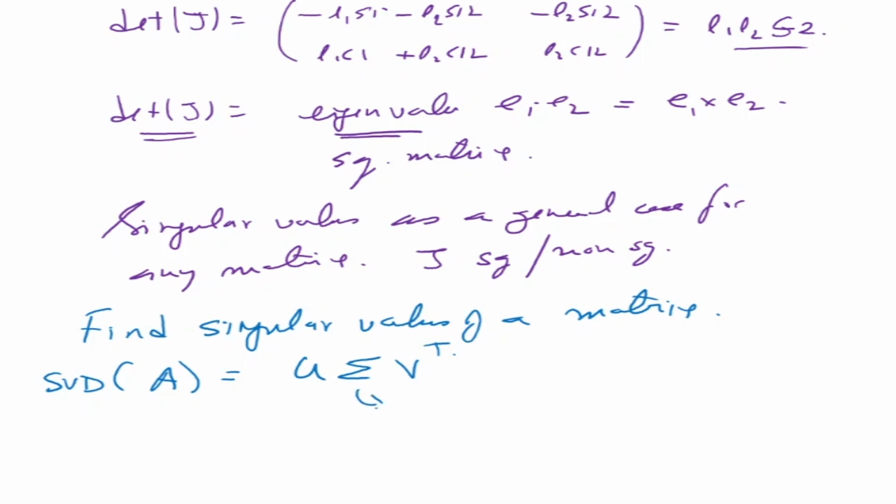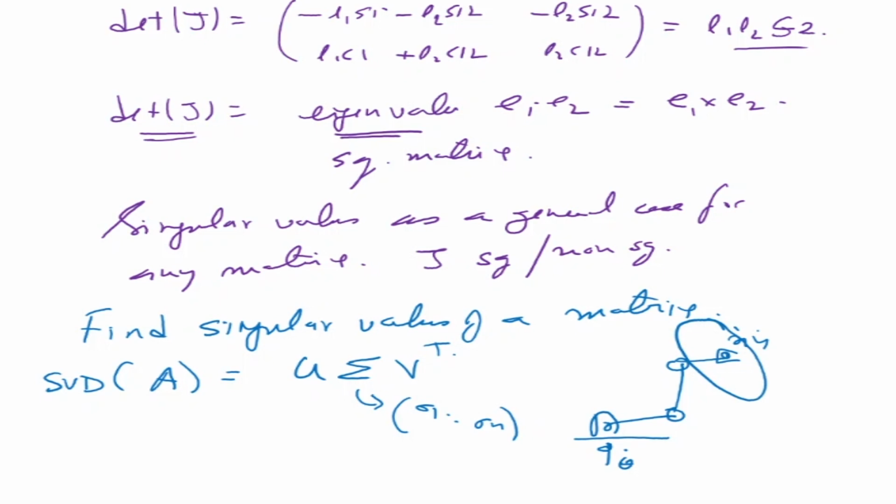Okay, this is going to give me the singular values sigma 1 up to sigma n, and U and V are the orthonormal matrices. Now why do I need to do this? Because when my manipulator is moving, let's consider this manipulator here, it has some end effector velocity x dot y dot. So if I give some theta dot, I need to know what is going to be my x dot and y dot. That depends where you are in the workspace, because your Jacobian is going to change accordingly. And the direction in which I can move is given by the ellipsoid now. And this ellipsoid axis is given by U1, U2, and it is given by sigma 1 and sigma n here.